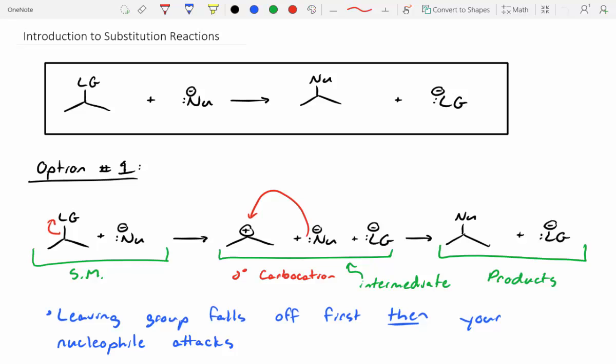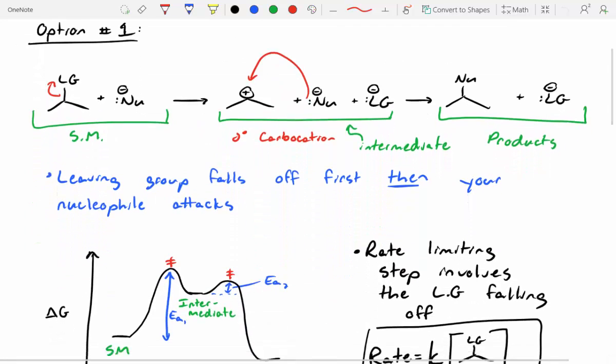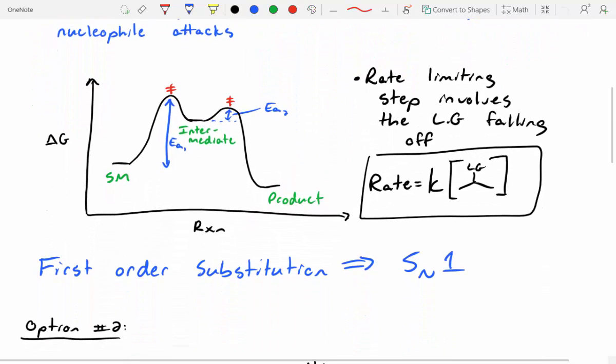All right, so yesterday we started off with our introduction to substitution reactions, and we said that they always involve a nucleophile replacing a leaving group, but there are two different mechanisms through which they can occur. We said option one was where that leaving group falls off first, you form a carbocation, and then your nucleophile attacks in. And just like with the quiz, we said we could have a reaction coordinate diagram describing this, where